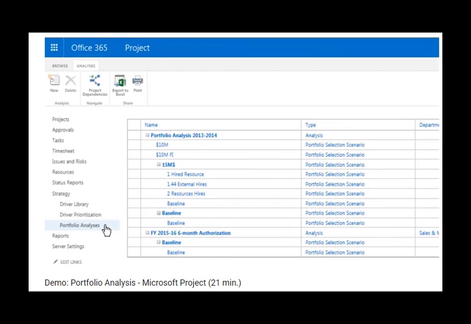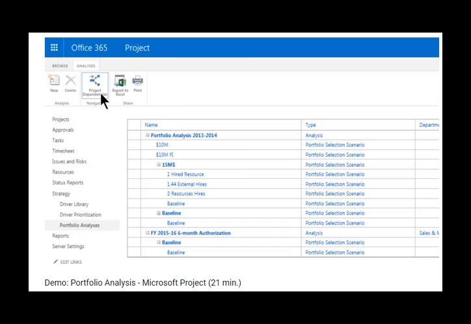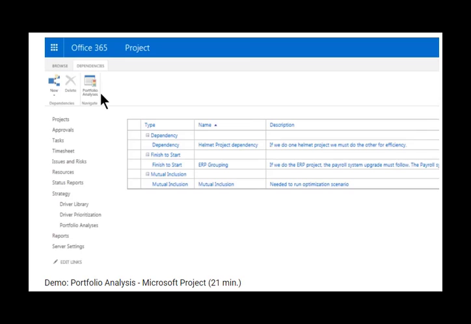Clicking here on portfolio analysis takes us to where it lists the existing models that we currently have set up. But before I go there, let's look at one more item that should be in place or considered before starting a model and performing what-ifs. We will go up here to the Analysis tab where its ribbon contains the Project Dependencies button. Clicking that will take us where we can review any such dependencies that have been created already or to create